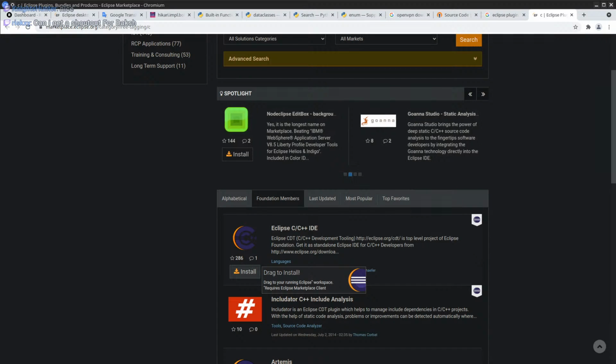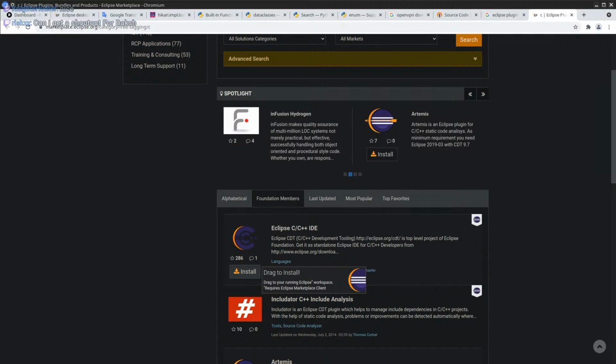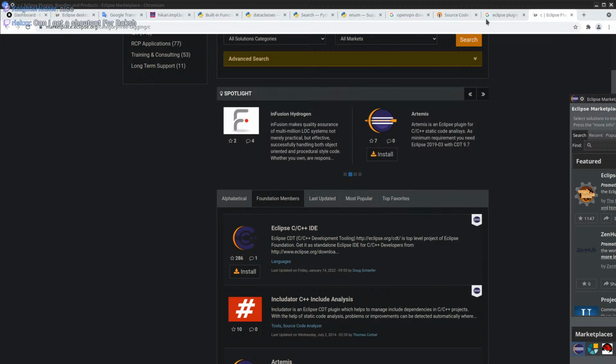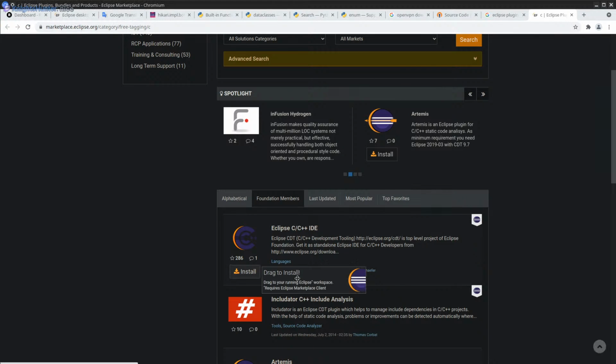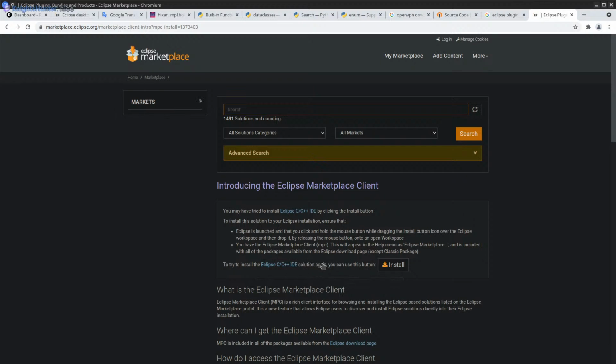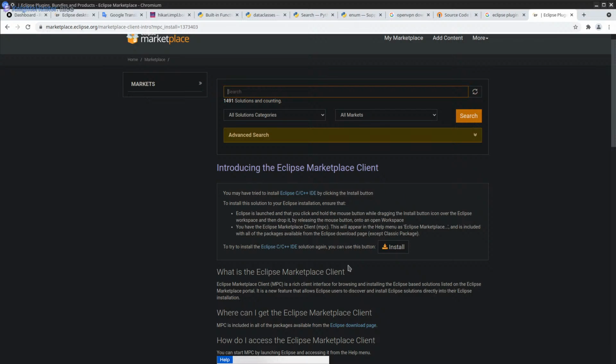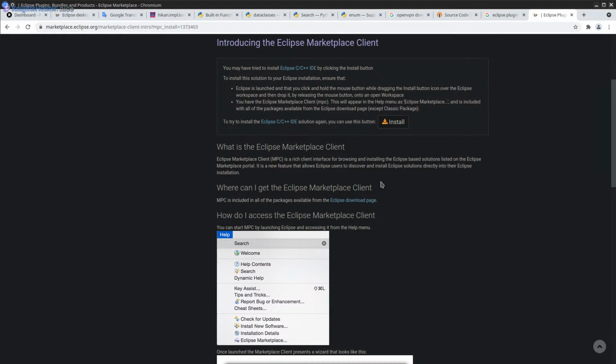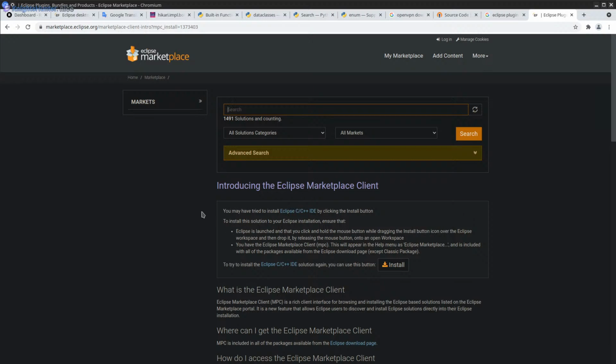Actually, drop it. From what I know, you can just drag it. Install using this button. Oh, drag to install. Exactly, what I was trying to do. Drag to your running Eclipse workspace.